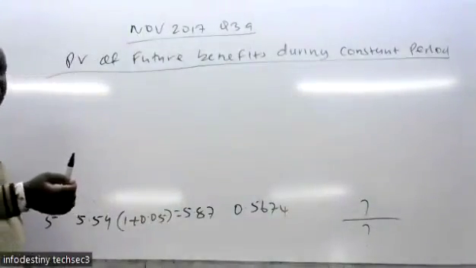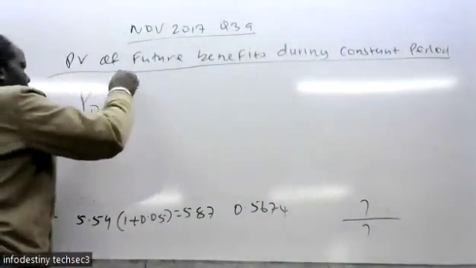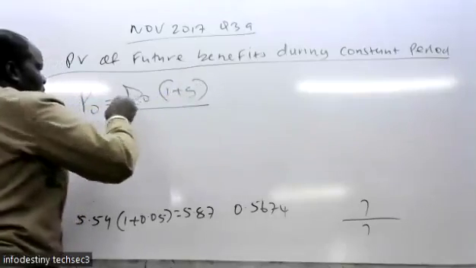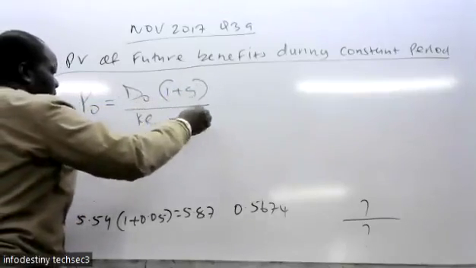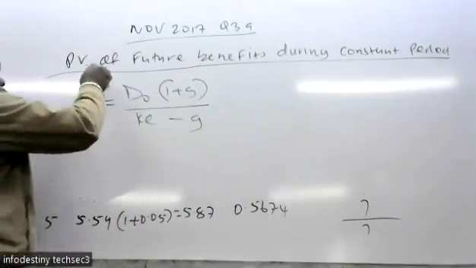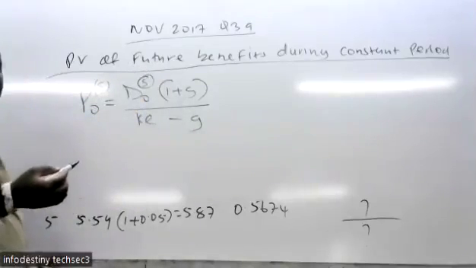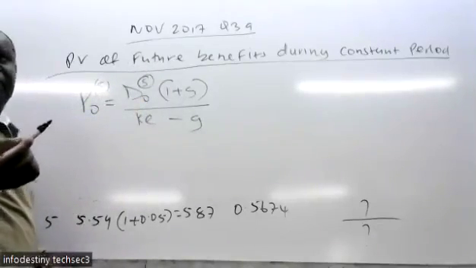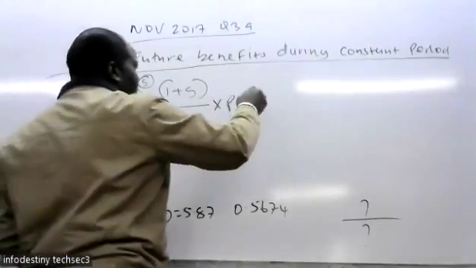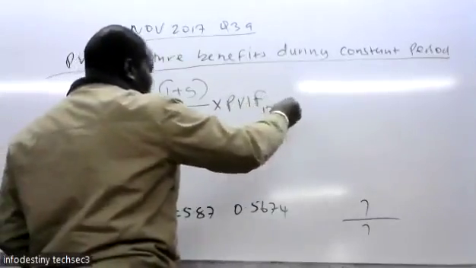So for the constant period, remember, PO is supposed to be given by DO(1 plus G) divided by KE minus G. So our PO is here 5, our DO is also in here 5. So when converting it to 0, we discount it, multiplied by the present value interest factor 12%